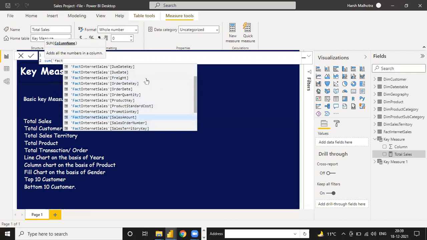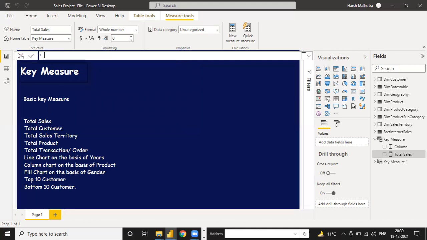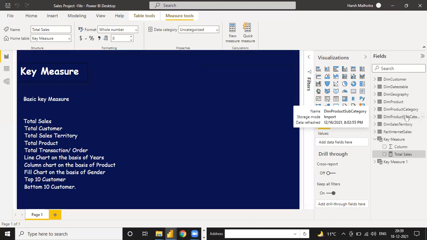This is the sales amount. Okay, order date, and we can check one by one what is actually there: sales amount, sales order, sales territory, ship date, tax amount, unit price. Okay, before creating the measure, we should check our complete table to see which data we have.